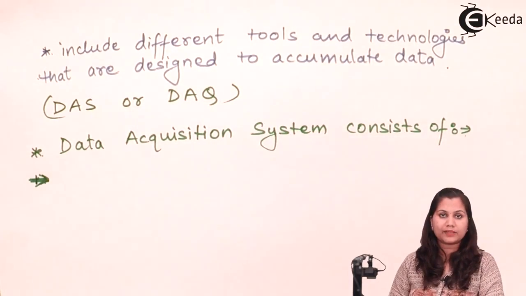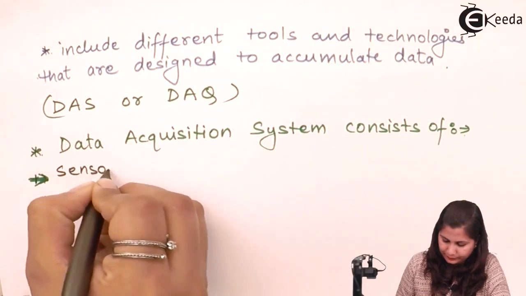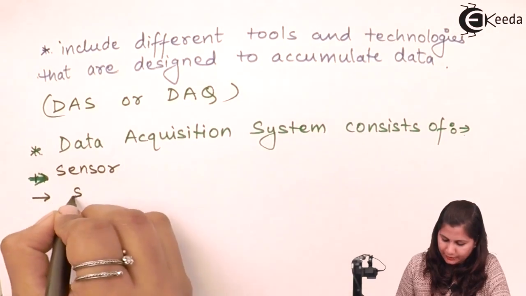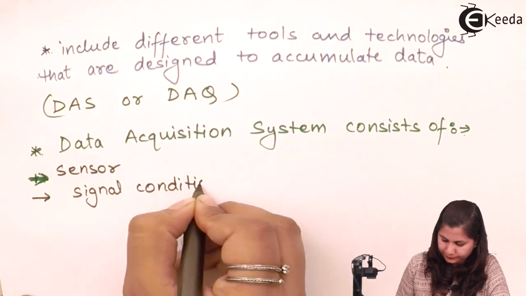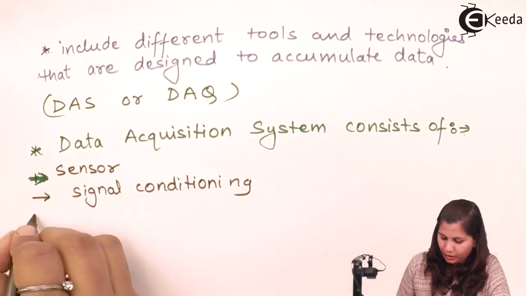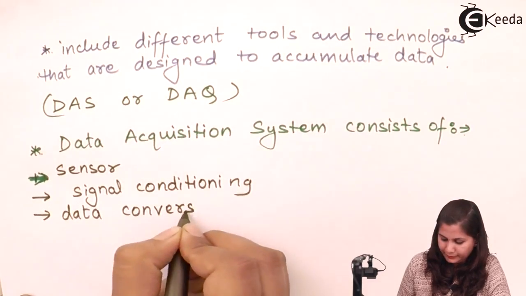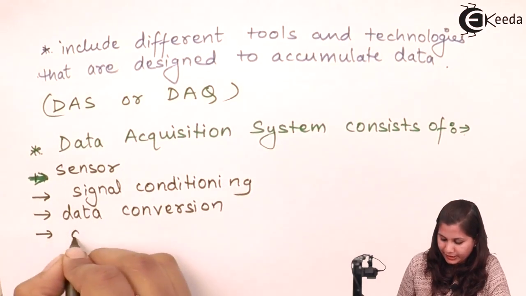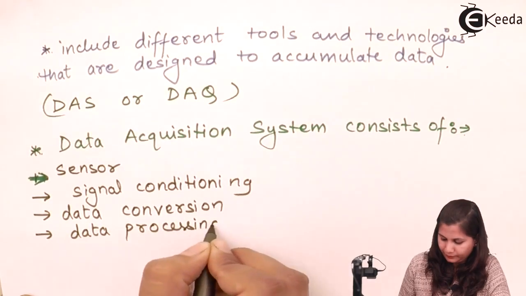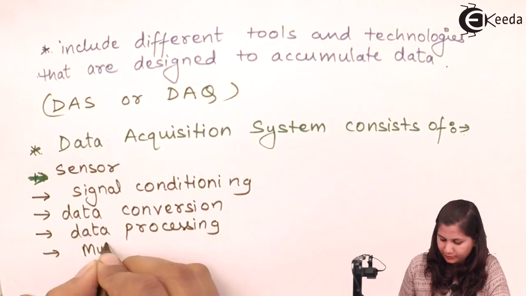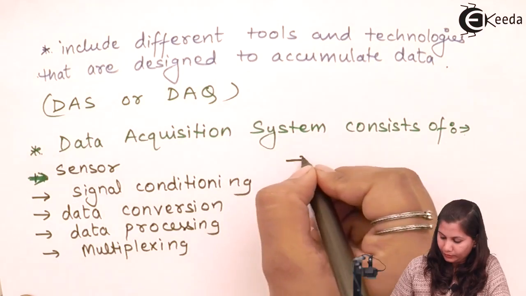So a typical data acquisition system consists of a sensor, then signal conditioning equipment, a data conversion unit, data processing, multiplexing, data handling,